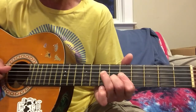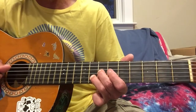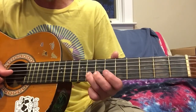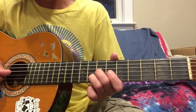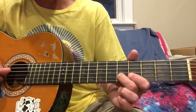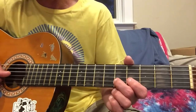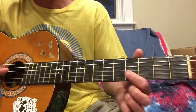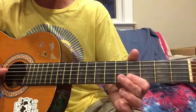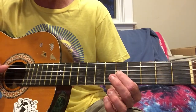Alright, so we got 6, 7, then 8. So when it changes, you're going to go from the 2nd string from 8 back to 6. Then it's going to go, and that is the 2nd string. You're going to do just like the intro, except now we're on the 2nd string. You're going to do the hammer on from 5 to 4. First you're going to play the 2nd string on 4, and then you're going to do the 2 hammer-ons from 5 to 4, back to 5, and then you're going to play the 3rd string on 5, and then it's going to go,